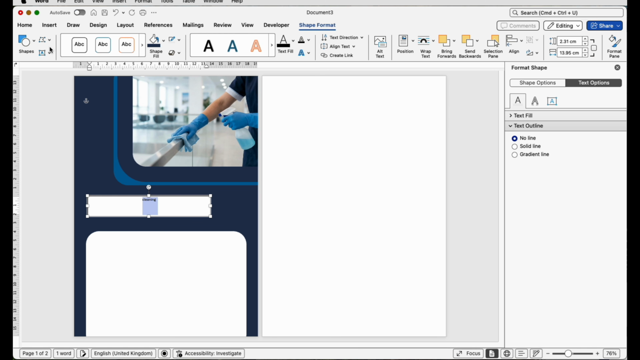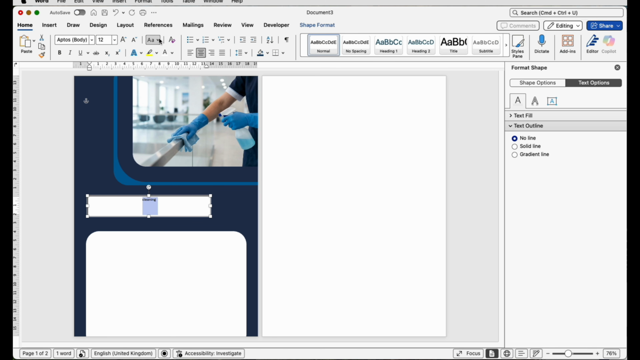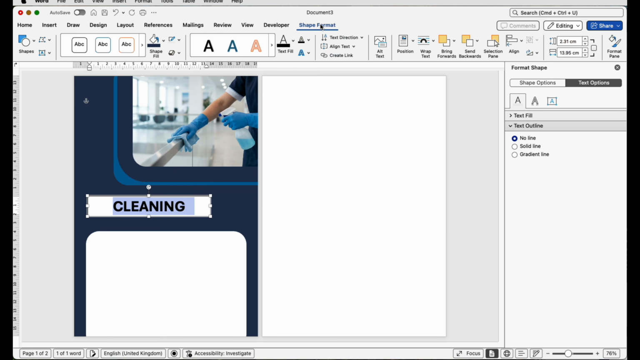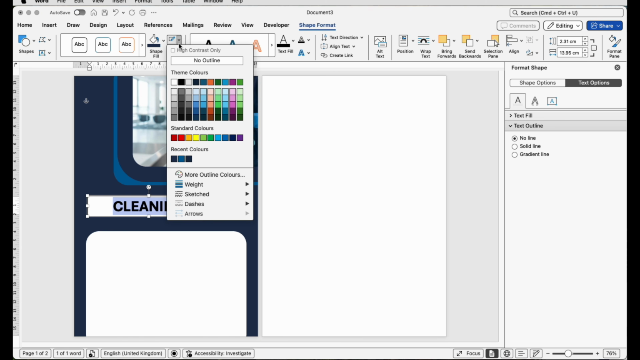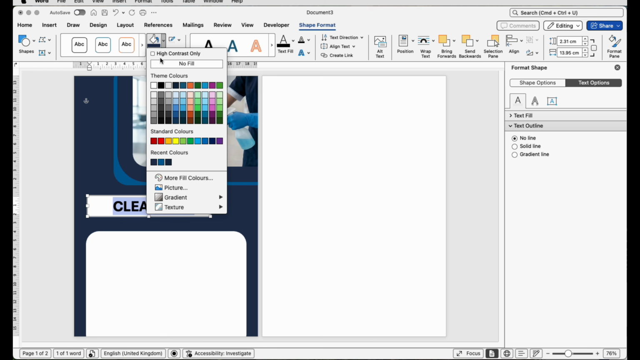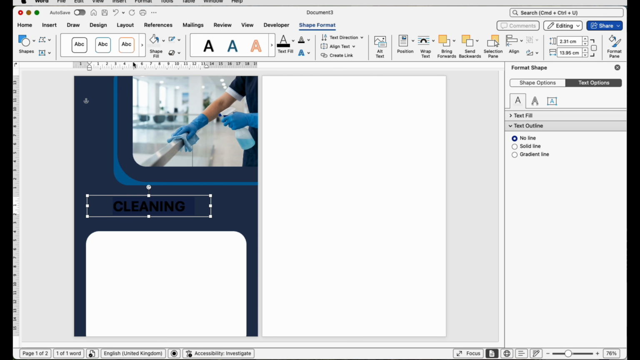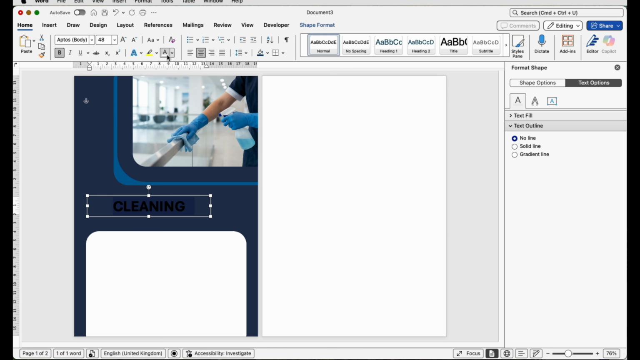Let's say I want to change that text. Go to the Home tab, and then I want it in uppercase. I can increase the font size here, just keep clicking, and turn it bold. And I want to then go to Shape Format. I want to get rid of the outline of the text box and the shape fill. And then I want to go to the Home tab and change the text to